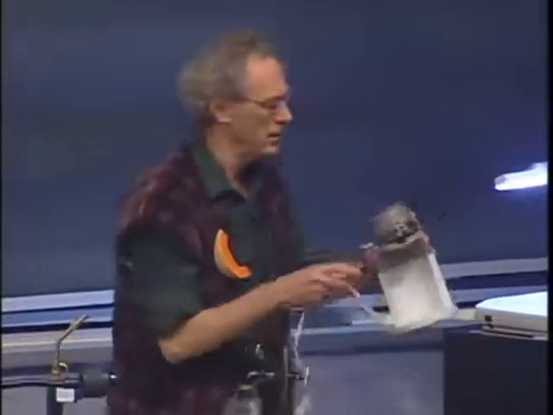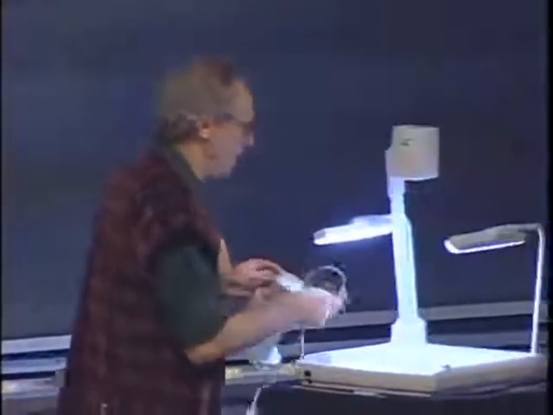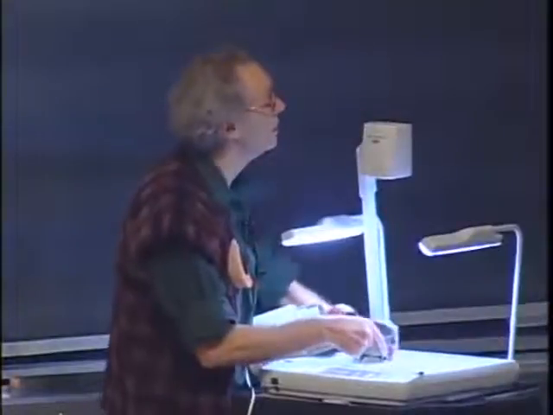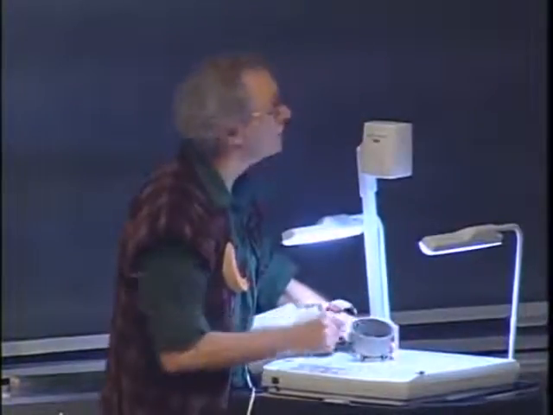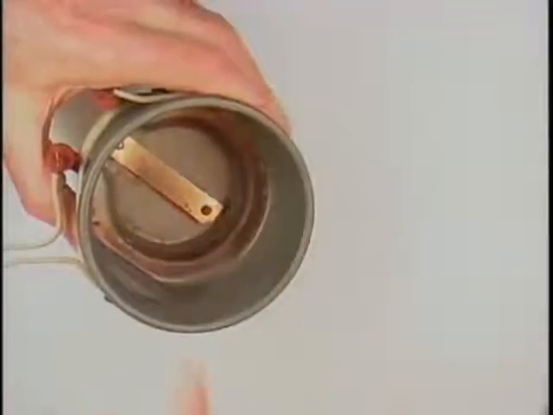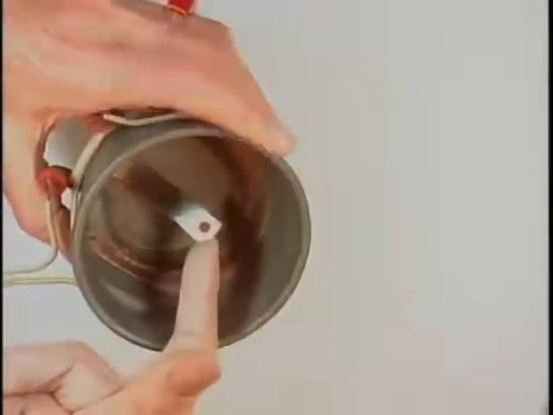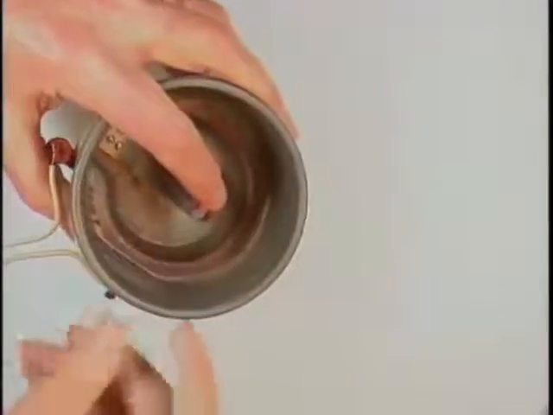Here is that coffee machine. It's not working anymore. It's a very old one. But I want to show you at least that bimetal. This is that bimetal strip. Water goes in here, you heat it, and when it's hot enough, the bimetal lifts up, and you can see